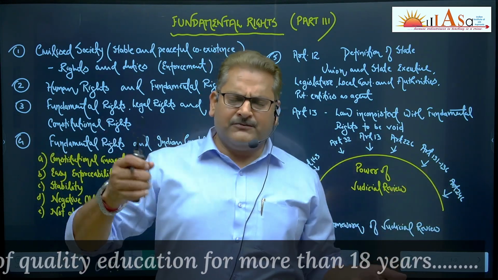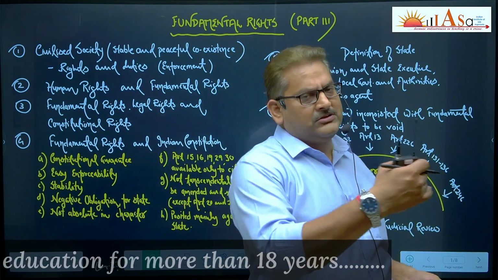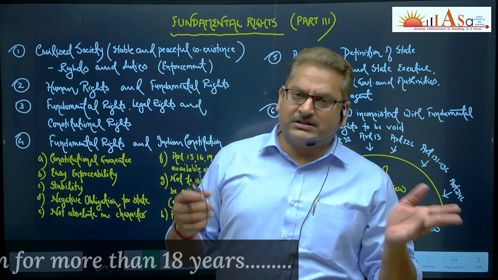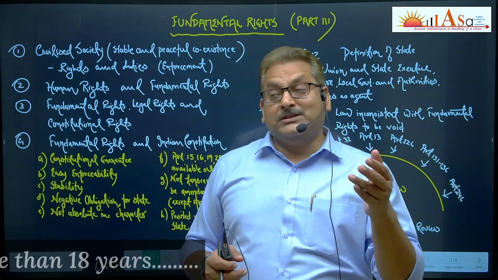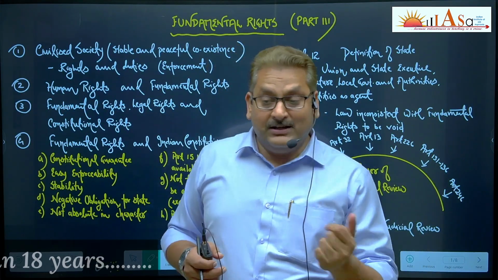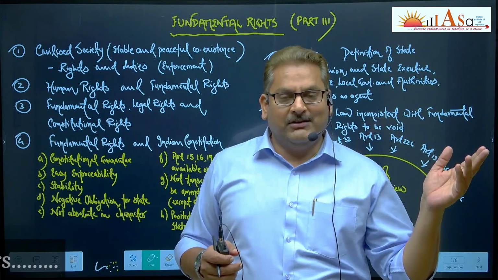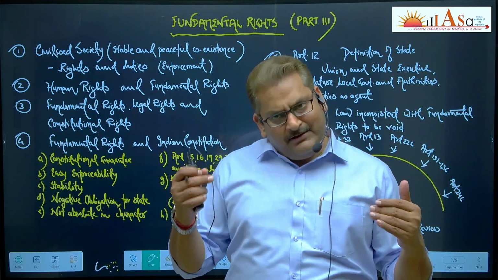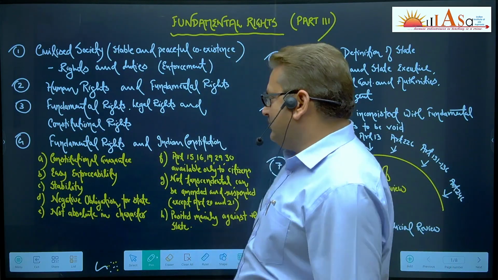balanced. If you confer too much authority on the state, it will trample over the freedom and rights of the people. If you confer too many rights on people, then they will not allow the state to function. It's difficult. Too many rights will cripple the authority of the state. For every action of the administration, they'll keep moving, they'll move the Supreme Court and High Court, they'll keep dragging the government and administration to the court of law. So in every society and polity, balance is required to be struck between the two.